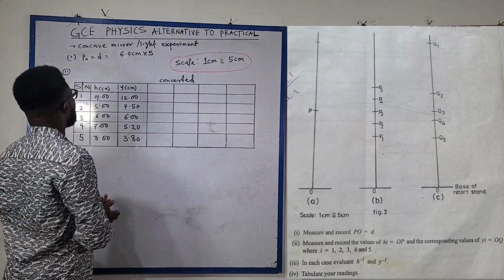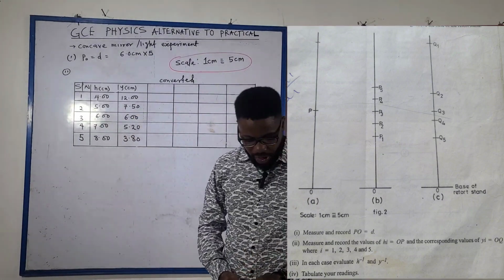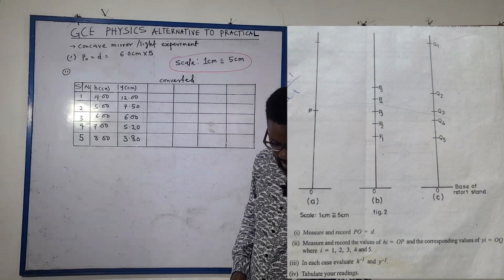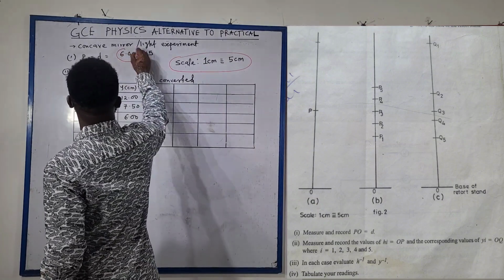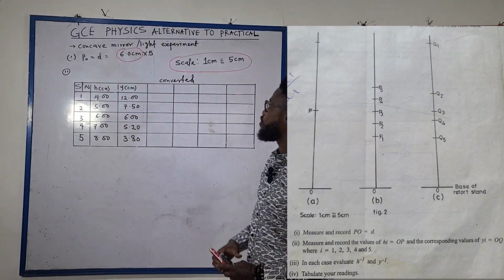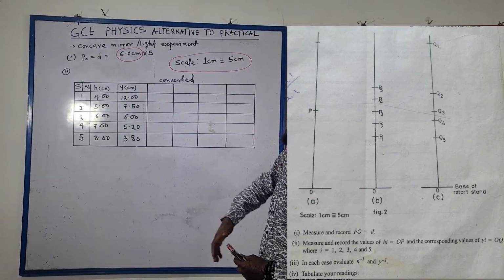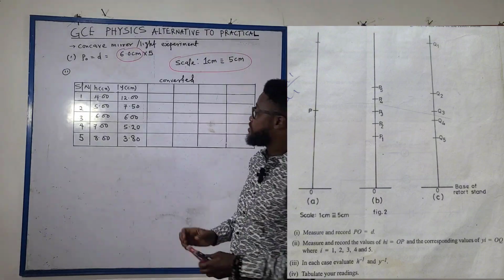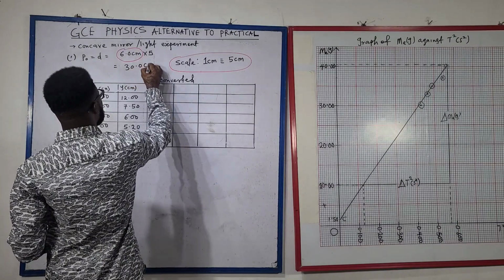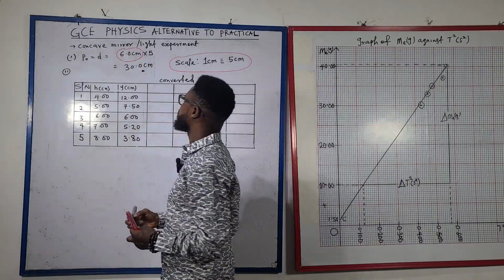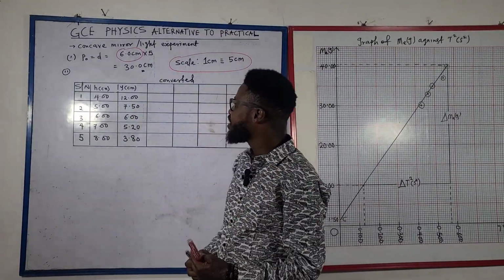So the very first thing I was told to do on Roman figure 1 is to measure and record PO equals to D. When I measure PO, my PO from the question was 6 centimeter, but because we are talking of a scale of 1 centimeter to represent 5 centimeter, that's going to be 6 times 5, which gives me 30.0 centimeter. Why was I told to do that? I don't know, but I guess as we move on with the question, we will know what to do with the